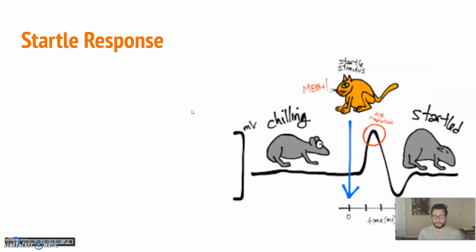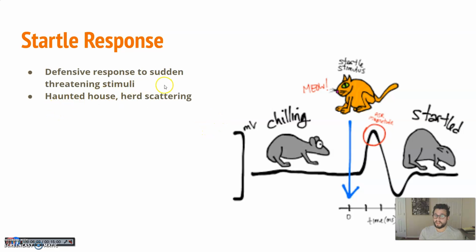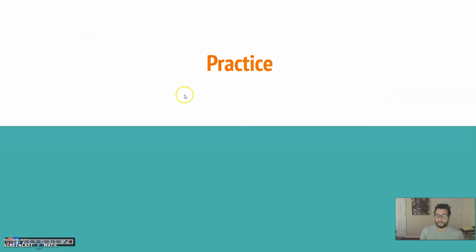And we've got the startle response. So the startle response is when, for instance, this mouse here hears a cat. His heart rate and his nerves are going to react to that. He's going to be startled. He's going to react to the stimuli in the environment. And it's a defensive response to threatening stimuli. Now, he is not learning that the cat means danger. He knows the cat means danger, so it is instinct. If you've ever seen a herd scatter from seeing a lion, or if you've ever been to a haunted house and you jumped, that's startle response.